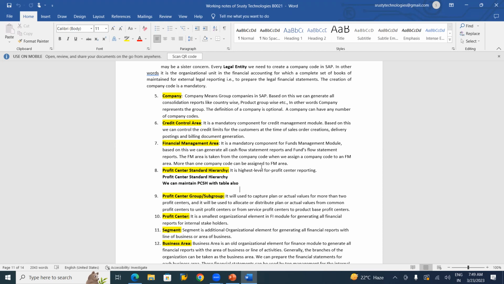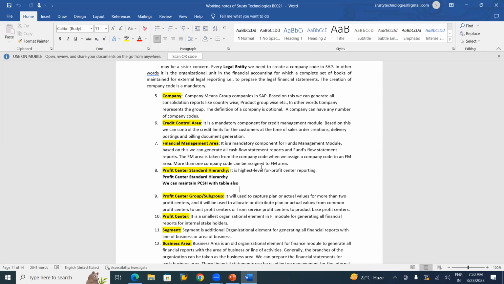It is the highest level of profit center reporting. The profit center standard hierarchy